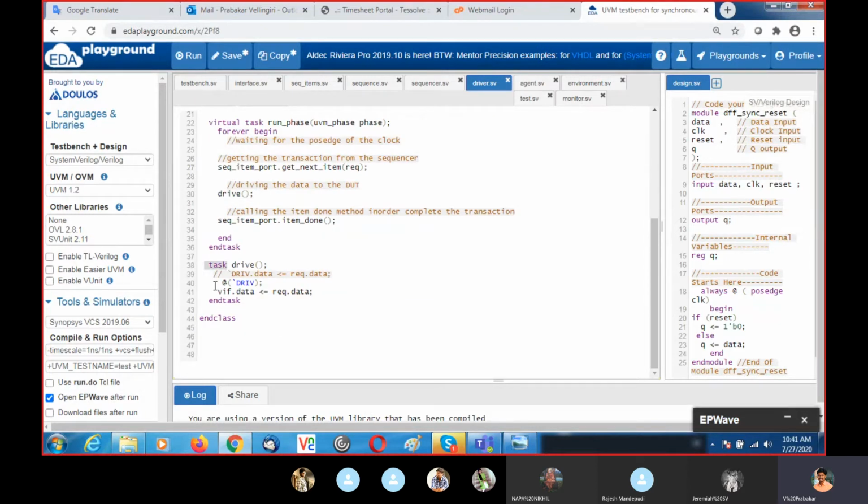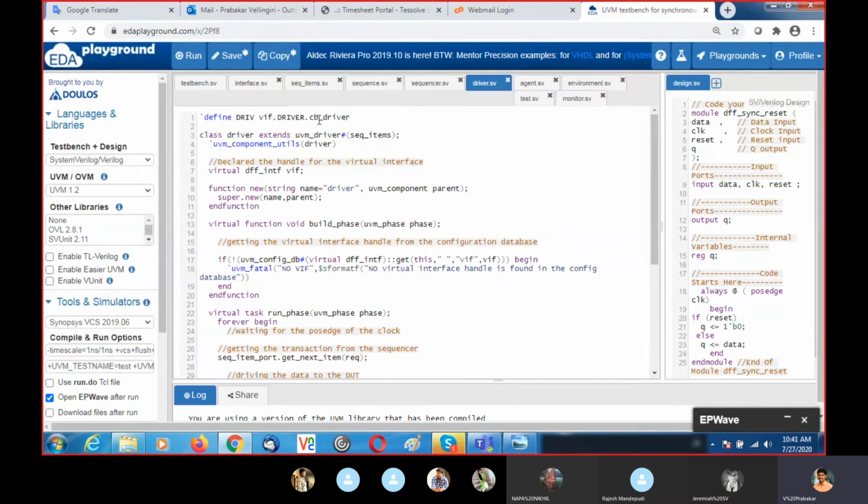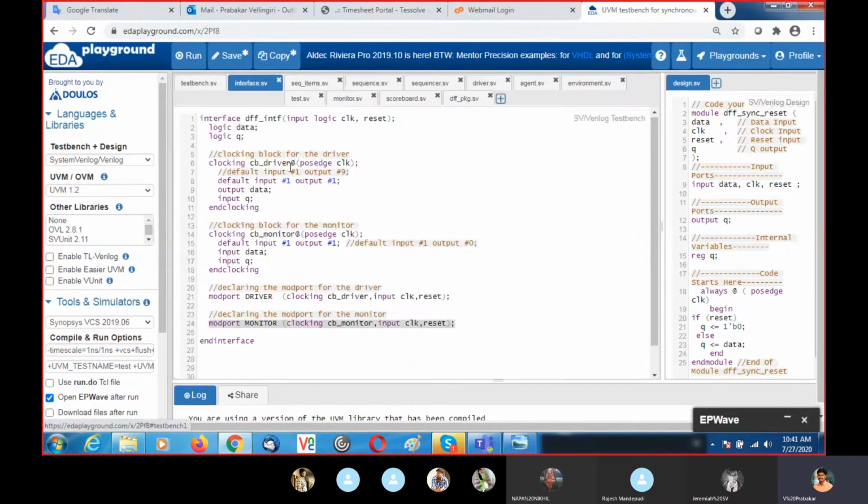So here what I did at each passage of clock. Okay. Here DRIV is nothing but VIF inside the driver, inside the clocking block driver. That means inside that I have a clocking block. And inside the clocking block I mentioned passage of clock.